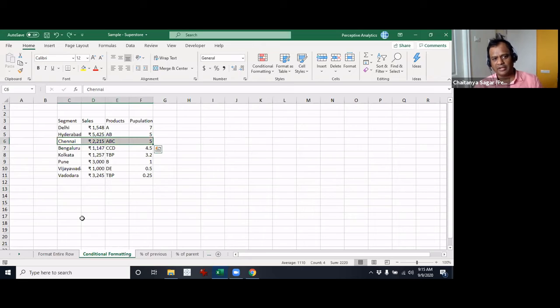But if you want to highlight, for example, let's say you have all the sales here, and you want to highlight only some cells based on a condition, or if there's a formula underneath and that changes, and based on that you want revised formatting, then we would have to do this. Let me just take a quick example of this.